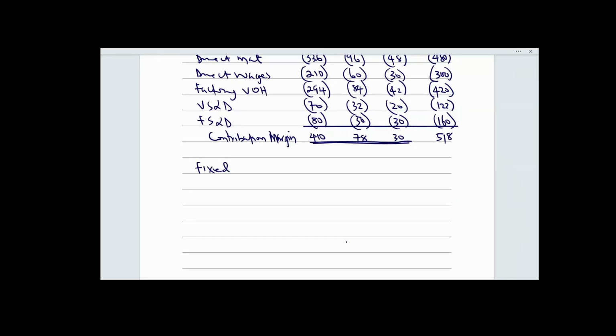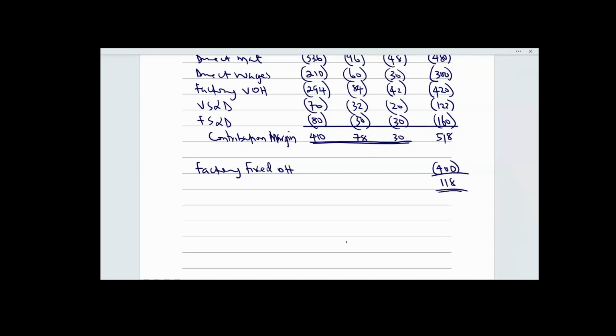Therefore, it is the company that will bear it, not any of the depots. So factory fixed overhead of 400,000. Take it directly to the company as a whole. Then you find the difference. The difference is